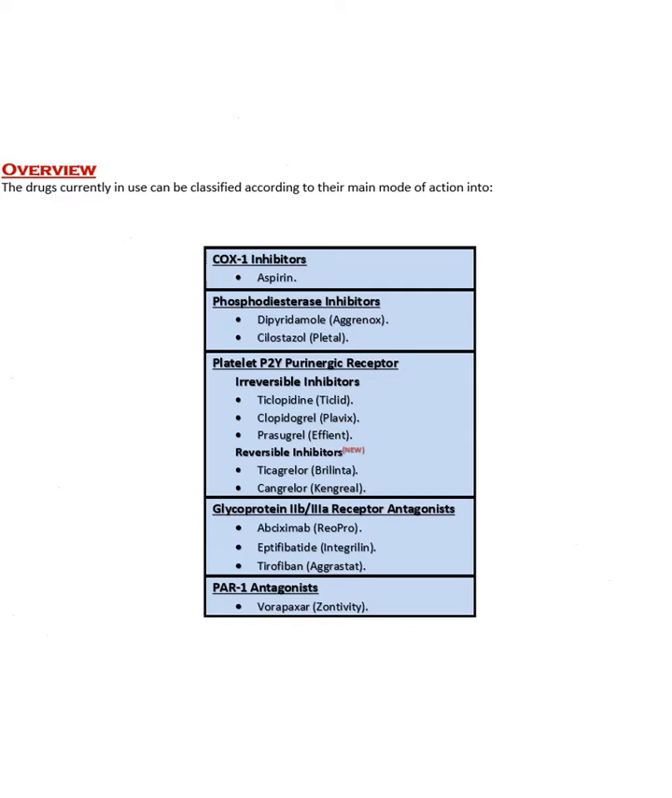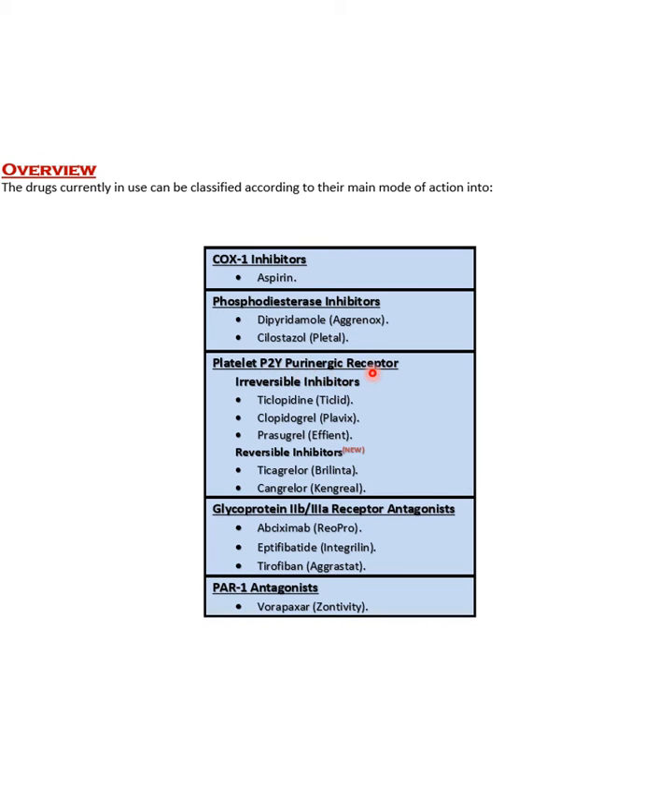Okay, let's start with a quick overview of the classes of drugs used as antiplatelets. The first one is the COX-1 inhibitors, such as aspirin, and then the phosphodiesterase enzyme inhibitors, such as dipyridamole and cilostazol. Don't worry about the brand names, at least for my portion. I think you probably have to memorize these for the therapeutics portion though. Then the third one is